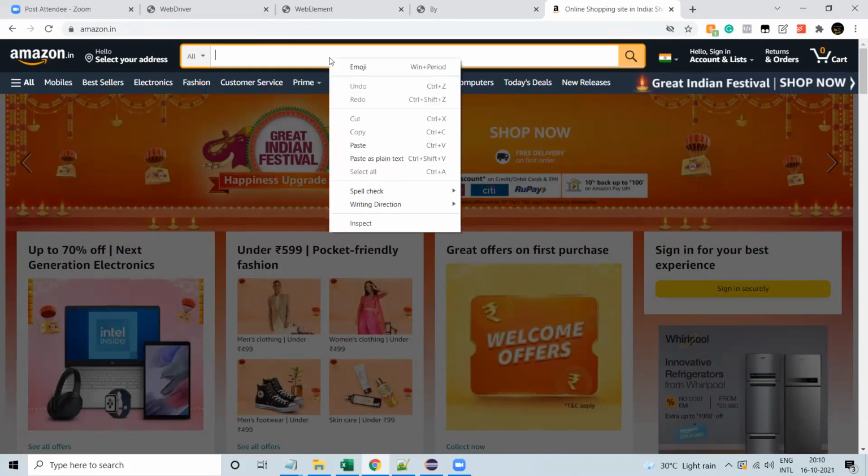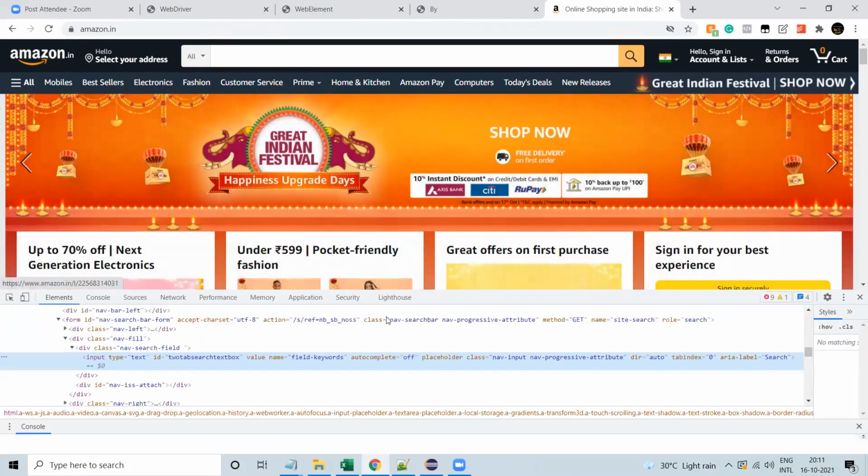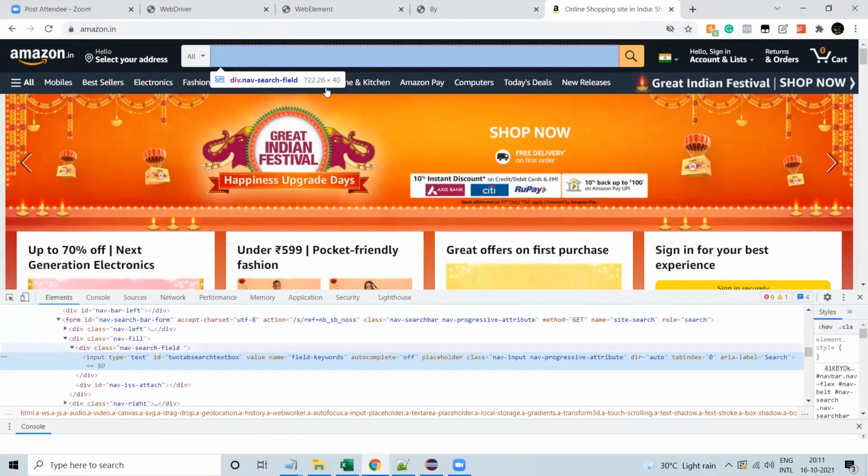Right click on it. Every browser provides some internal functionality. If you right click, you can see Inspect. If you click on Inspect, it will take you to the HTML tag of that particular element, the text box.